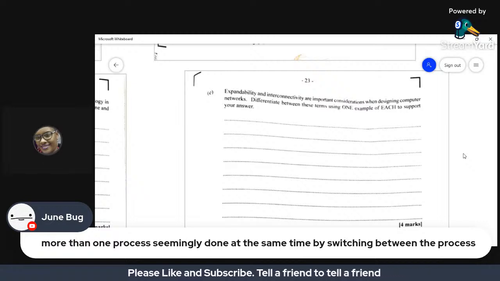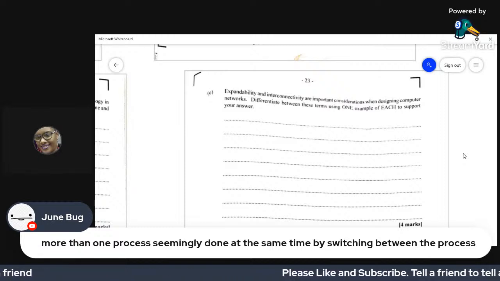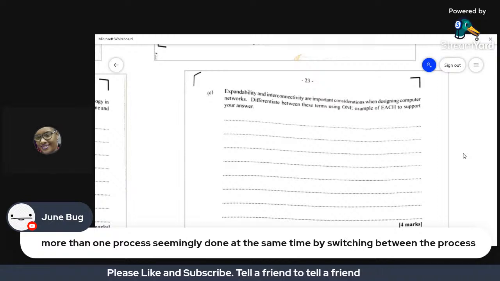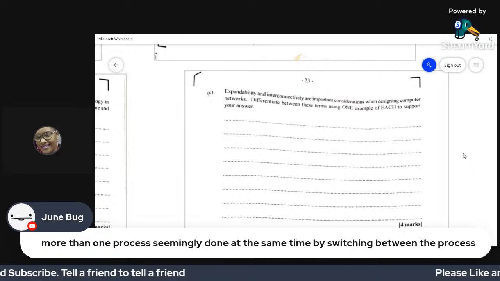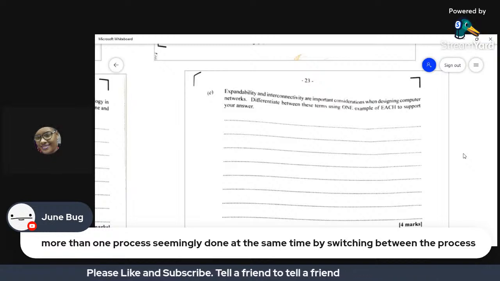So let's say, for instance, you have a network which has 50 persons on it. Can you now add additional persons to the network and not compromise the efficiency of the network? Right? So it's like you have your Wi-Fi at home, and when you have a lot of persons on it, you find that it starts moving slowly, which means that it is not expandable, right?